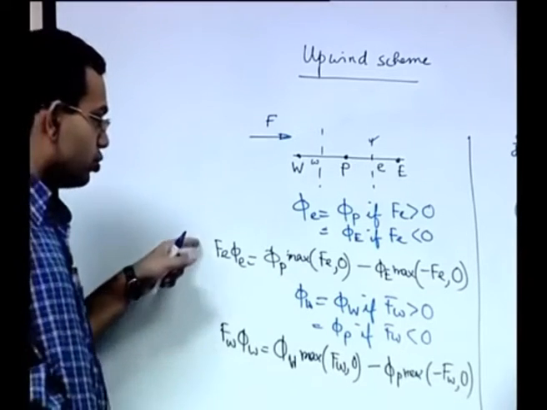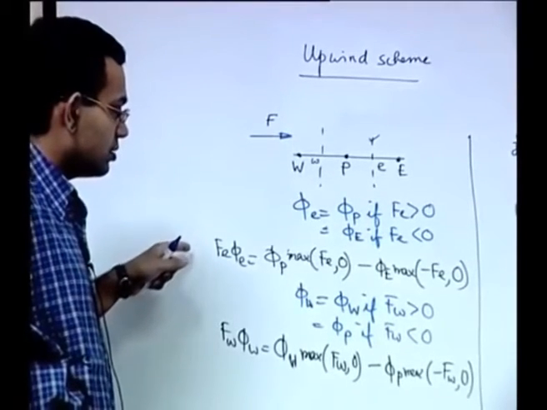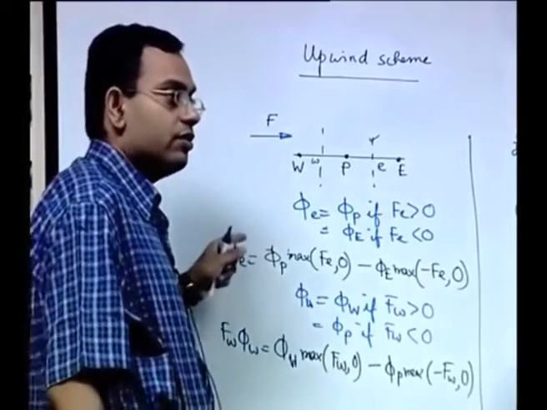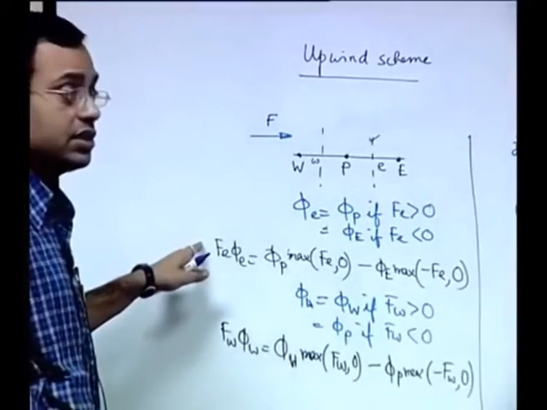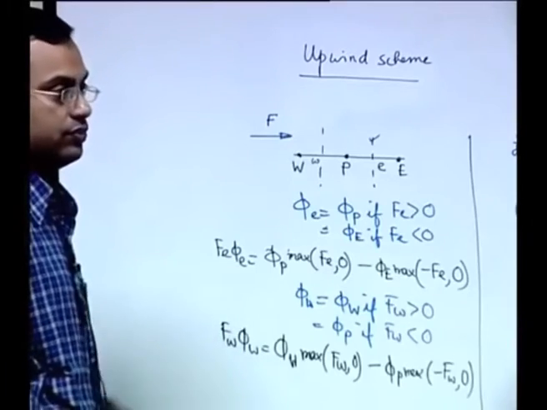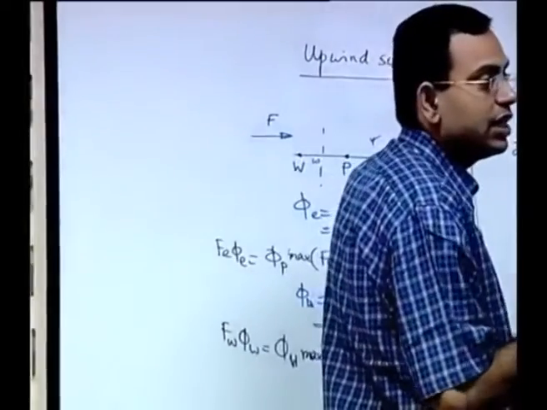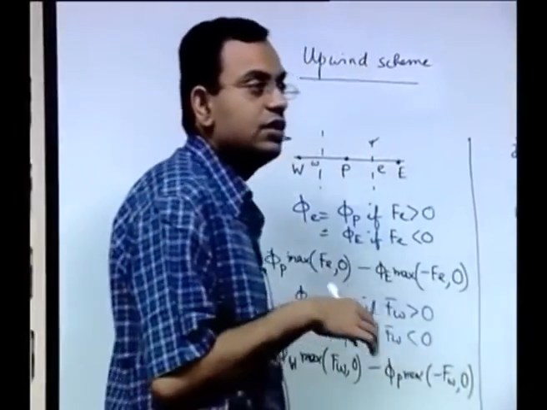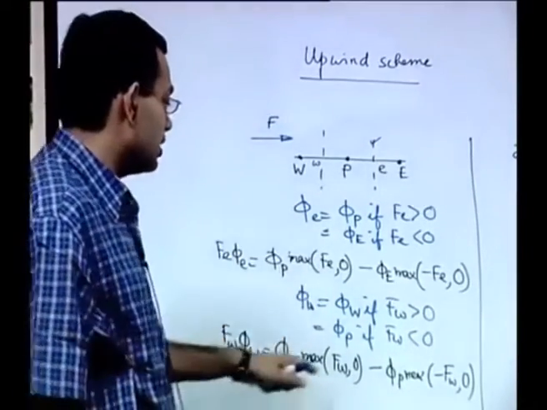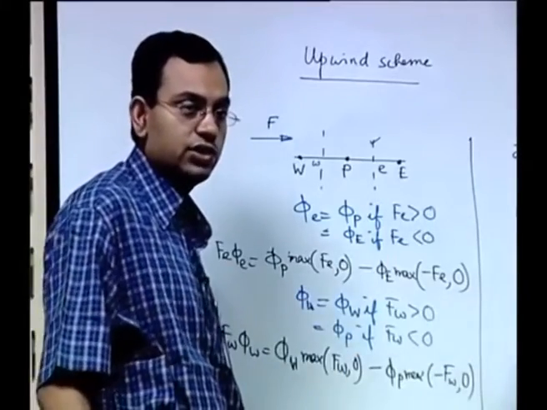So these two are the consolidated, or I would say concise, forms of the profile assumptions corresponding to phi_e and phi_w for the advection term. We have a choice of choosing a different profile assumption for the diffusion term, and we indeed have to do it, there is no other way, because this profile cannot be used for the diffusion term, it cannot capture the gradient in the diffusion term.